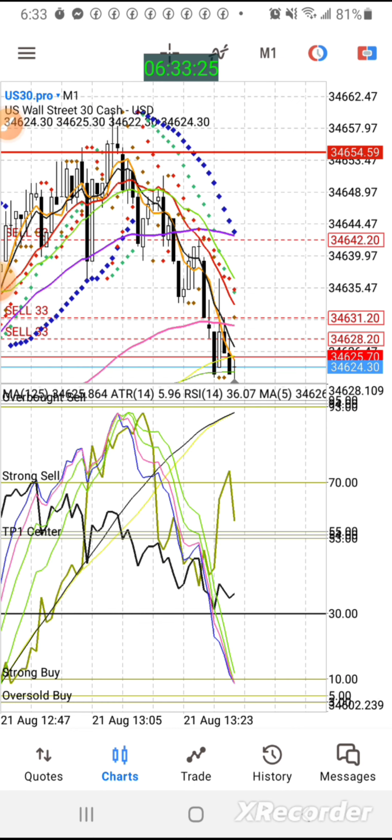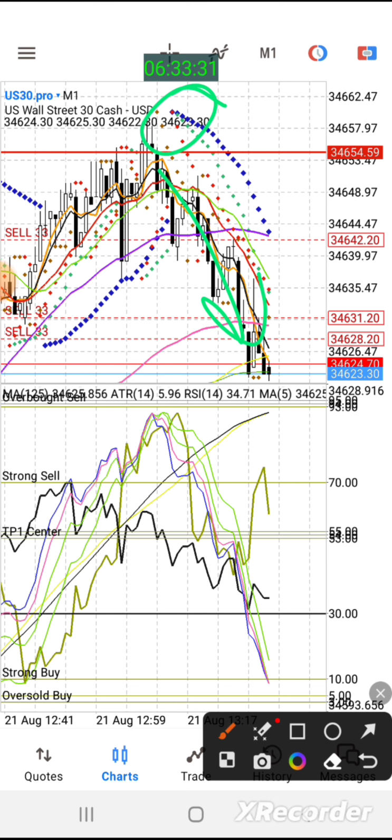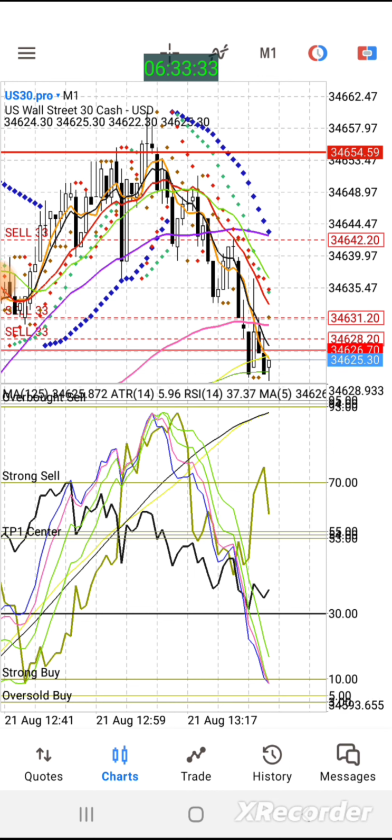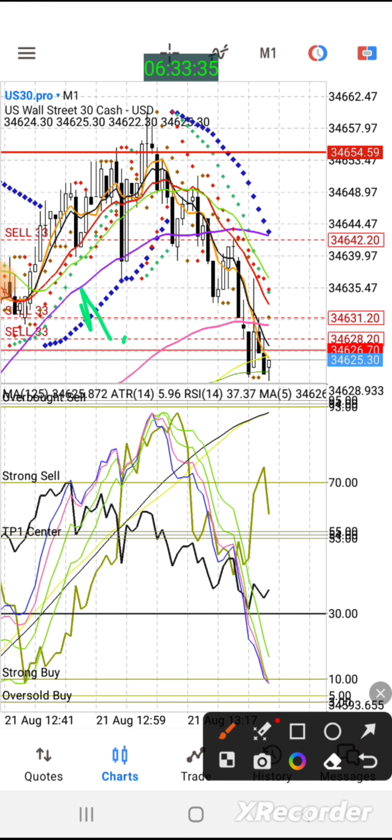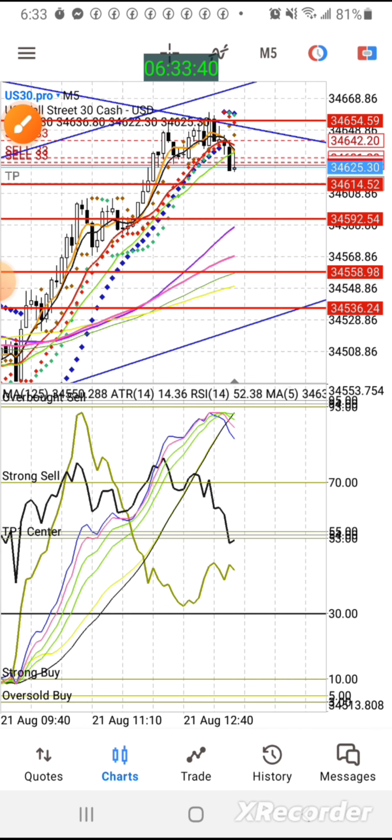All right, so 1 minute time frame again. We're following our merged parabolic SARs. We're on a down. Right now, we were on the up above our purple line here, which is the 50 moving average. So I'm gonna go ahead and hop off and take my profit,